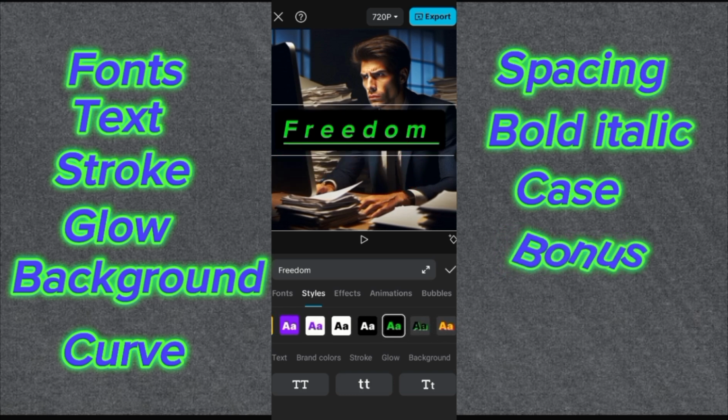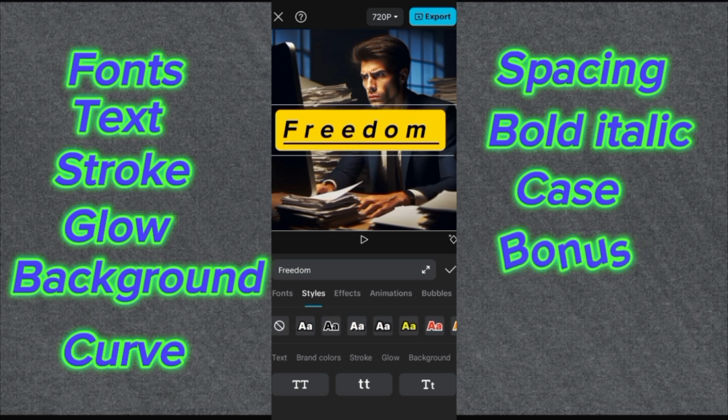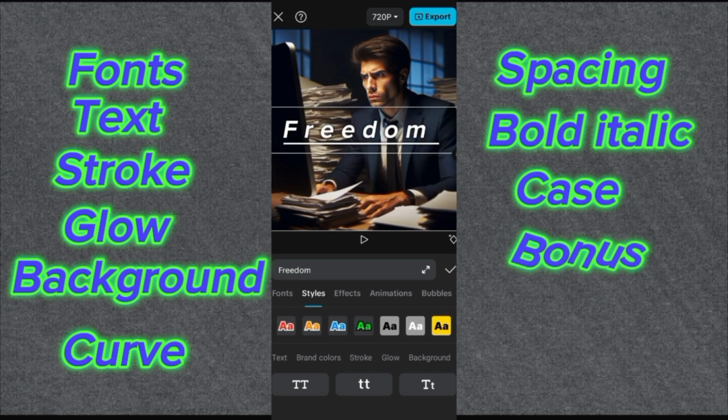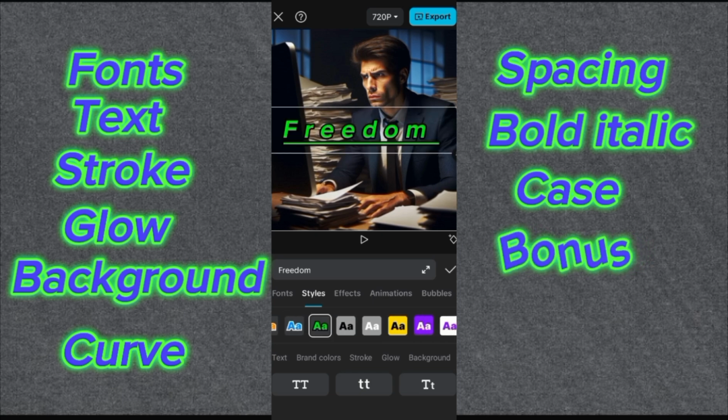A bonus is you can use these different made up styles. The background is there, everything stroke, if you don't want to waste time. But yeah, if you want to make your own style and format,